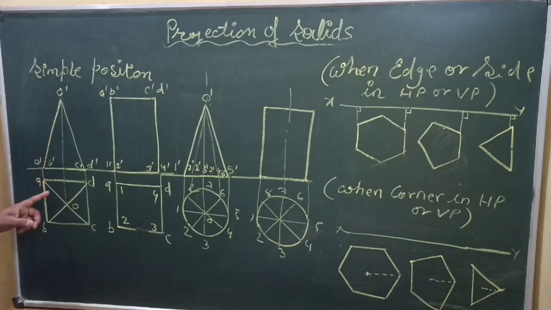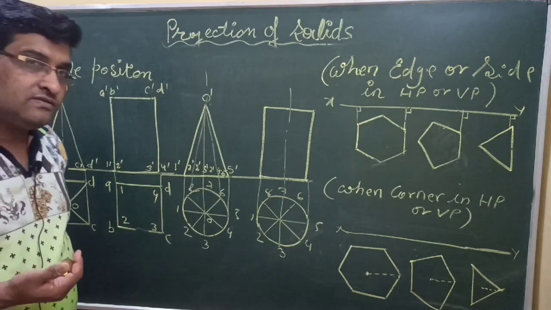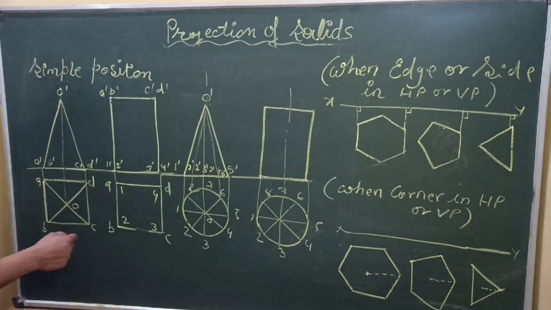When we talk about pyramid, the top view will be the base of the pyramid. Whatever the base is there, here it is a square pyramid, so square is visible in the top. If it would be a pentagonal pyramid, the pentagon will be there. If it would be a hexagonal pyramid, hexagon will be there, and so on. But the front view will be a triangle always, right? So top view will be changing and some hidden lines will be changing, that we will be talking about in the next video. So this is the top view.